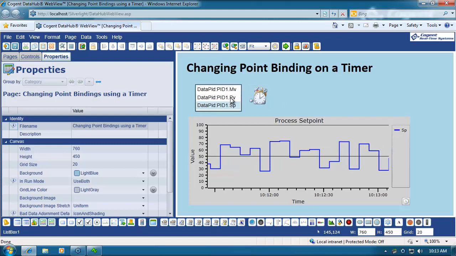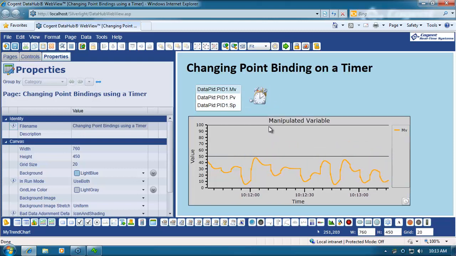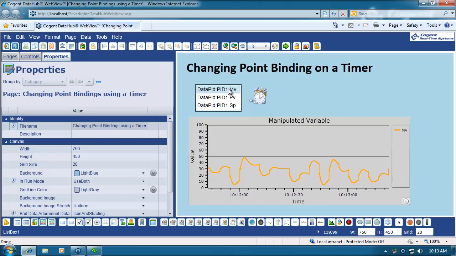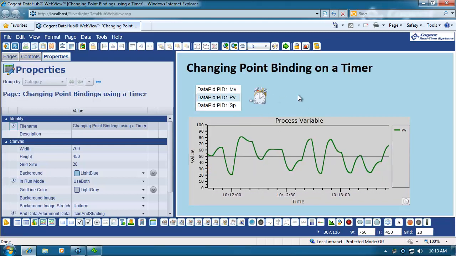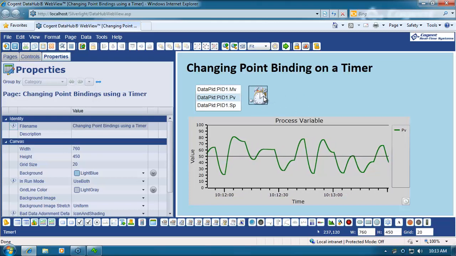The idea is that we set up the timer and every 10 seconds it changes the point binding on this trend control to cycle through 3 point values that we've read into a list box. It's a very simple setup, so let me show you what I've done. My timer block,